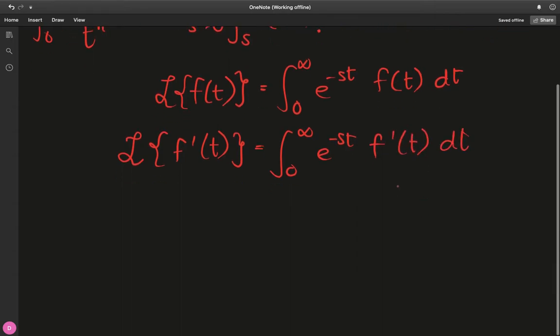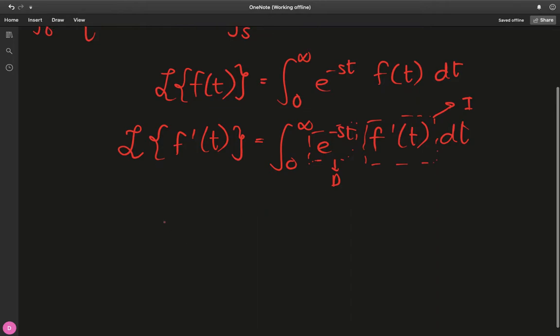And we can actually simplify this further. We can use integration by parts. So we can call this I, the part we want to integrate, because integrating f prime is just going to give us f back again. And we want to differentiate this part. So when we go ahead and do that, we have e raised to minus st times f of t evaluated from 0 to infinity, minus, and the antiderivative of this is also a minus, so we have a plus integral from 0 to infinity of